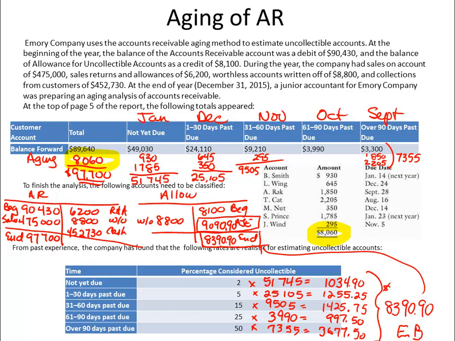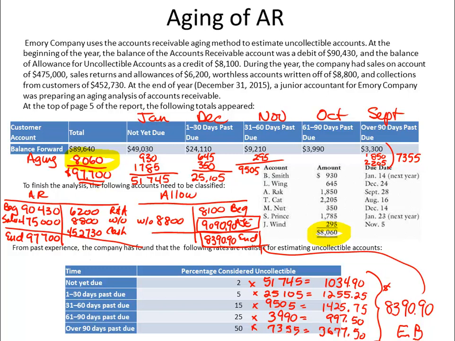So what we need to do, should you accept the challenge, is to take that $8,060 with the other aging that's already been done, $89,640, and notice we come to the ending balance of $97,700. So all of our receivables are accounted for. It's just some of which have already been aged, and some they want you to have the experience of aging